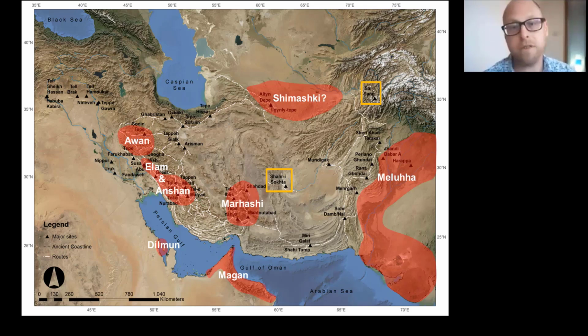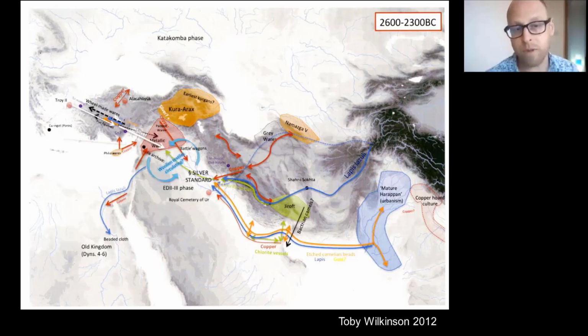We know the place of Marhashi. We have records of places like Dilmun and Magan and Meluha, which exist in different parts of the Persian Gulf and further to the east. And we know that the populations living in these areas were interacting with each other over very long periods of time. So Toby Wilkinson, one of the people that contributed to the original part of this research, developed a sort of